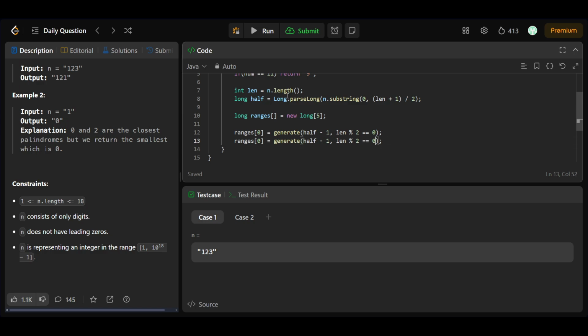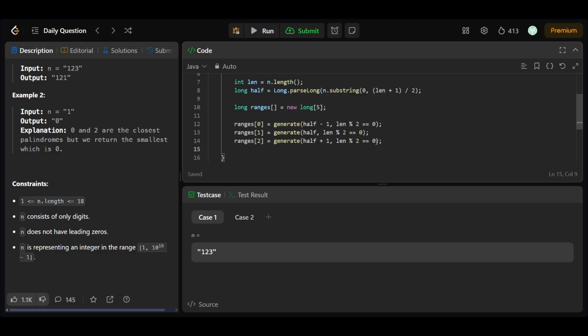Okay, now let's copy and paste this. Now we'll be generating it from half, and then again we'll be passing the left length mod 2 variable again. Okay, and here it should be ranges 1, then ranges 2 will be equal to, let's call the generate function again, and this will be making the ranges from half plus 1, and again len mod 2 is equal to 0 or not. Okay, and then what we'll be doing is we'll be having the ranges of 3